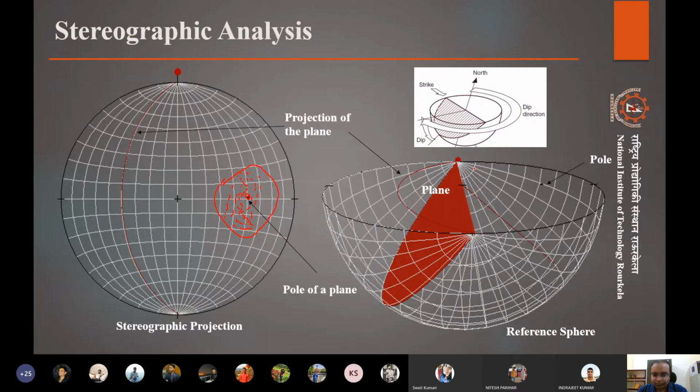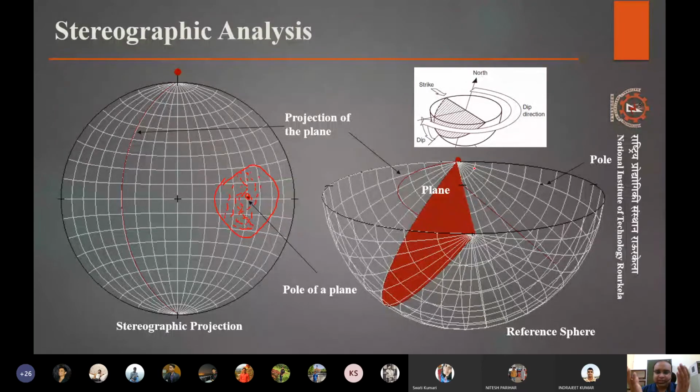Suppose we are planning a mining operation where we have to plan the benches. Which direction should it be, and what will be the angle of the benches? If we know the orientation of the joint sets in that rock, we can decide the face slope angle of the benches. So we can design the slope so that the face is either too high or too low compared to the joint, so that planar failure should not happen.